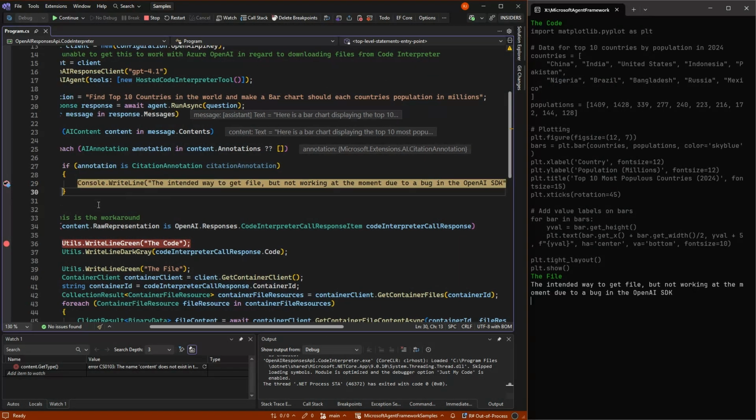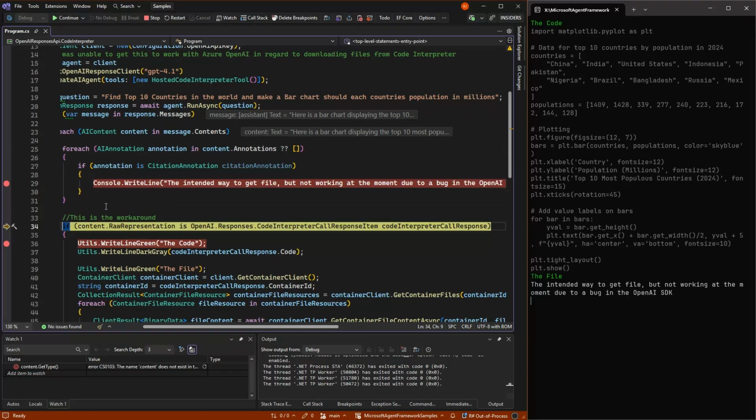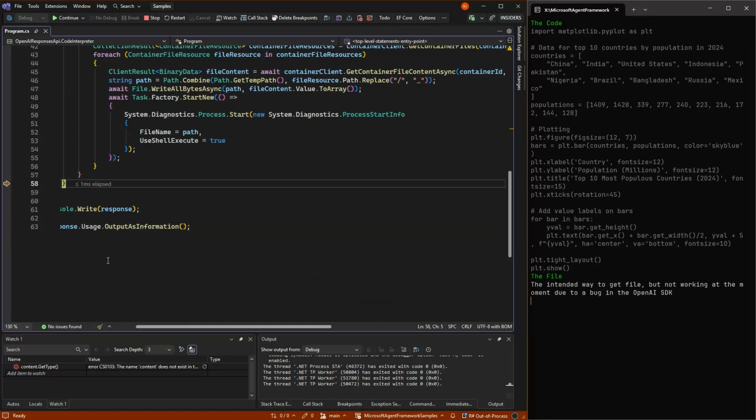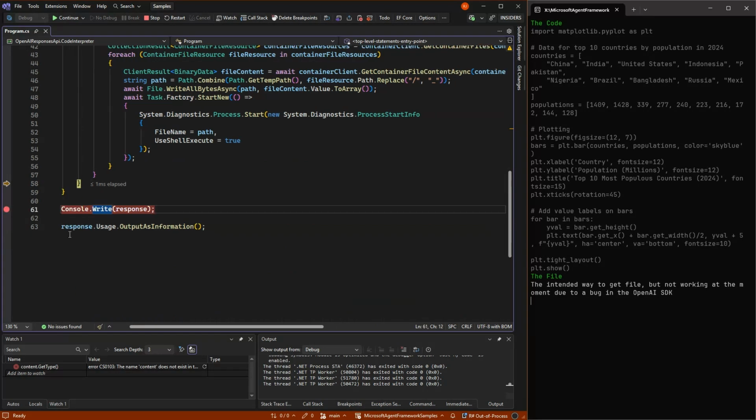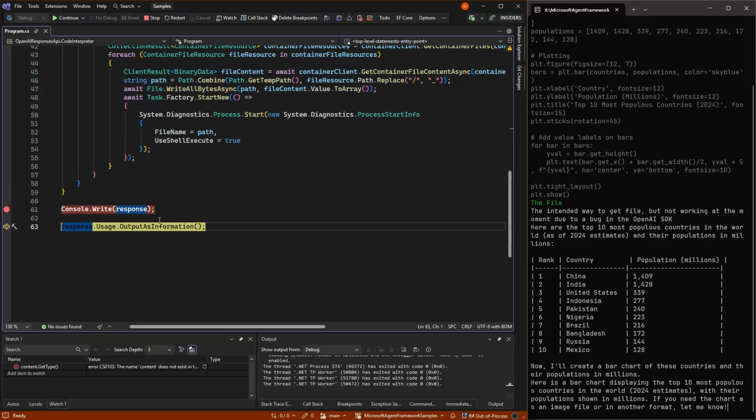And once we have done that, we now get our annotation, but again, we can't use it for anything because it's missing the file due to the bug, so we have to work around to get this information. And in the end, we of course write out the message that we wanted.